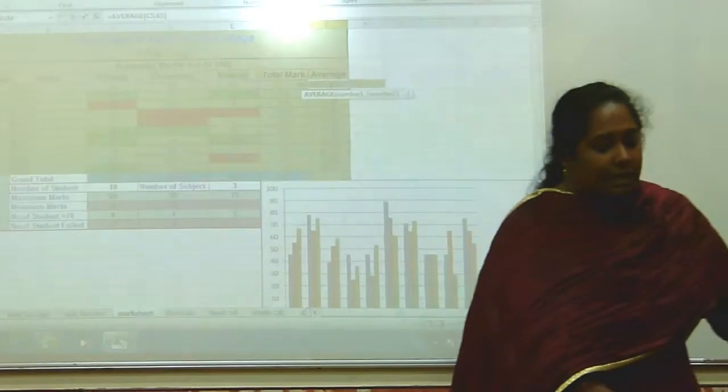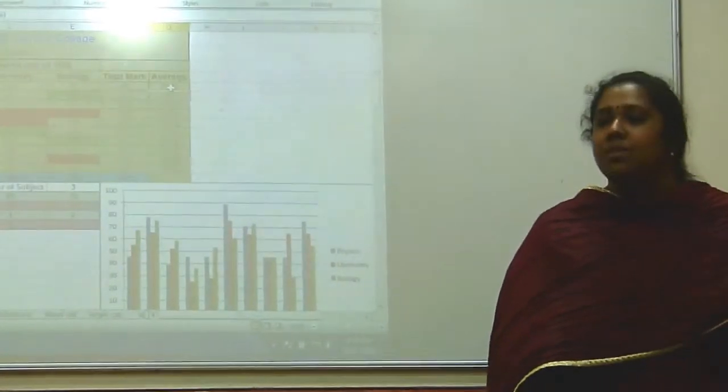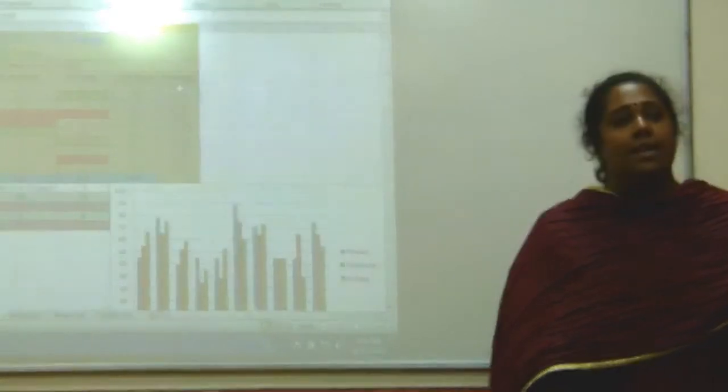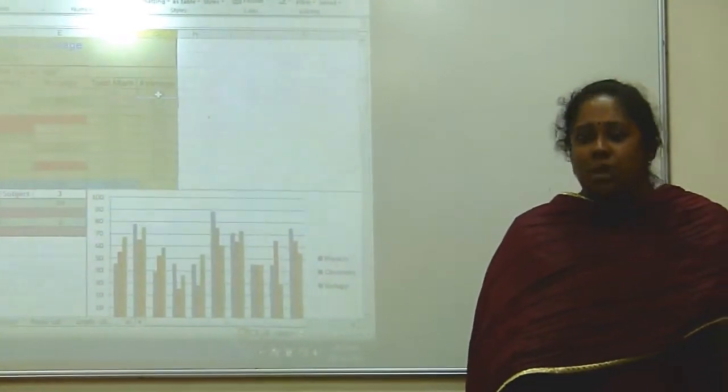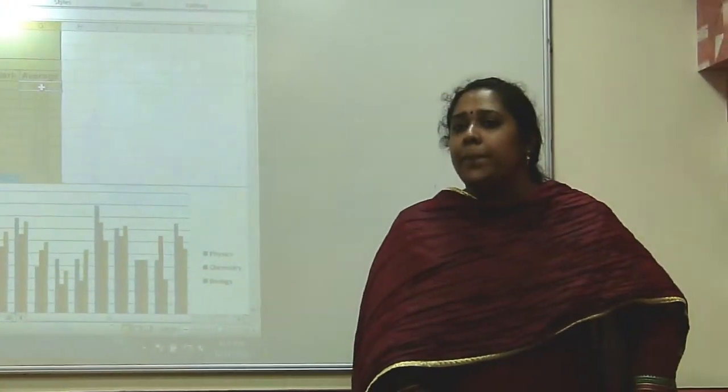Now when we created the average function or when we used the average function, what we got was percentages, isn't it? Did I give you a reason why we got it in percentages? Because that was the format of the cell. Right, we had formatted or pre-formatted the cell as percentages.